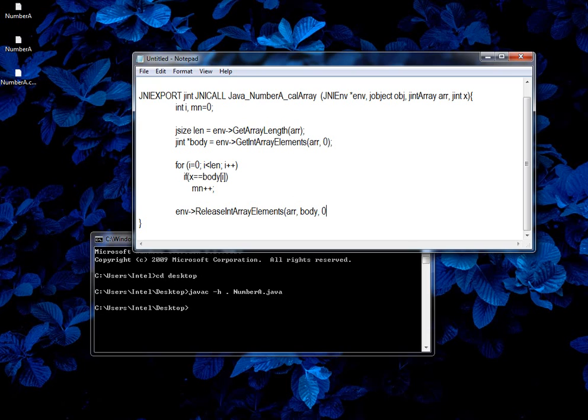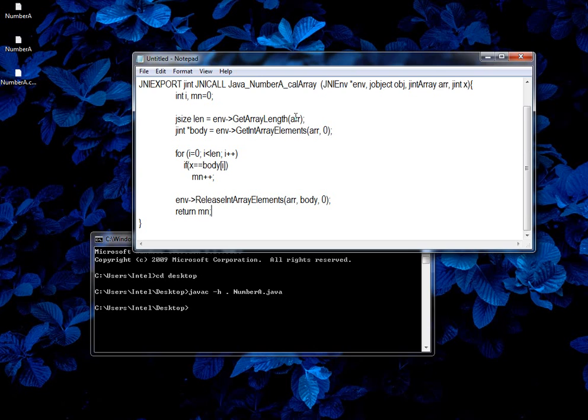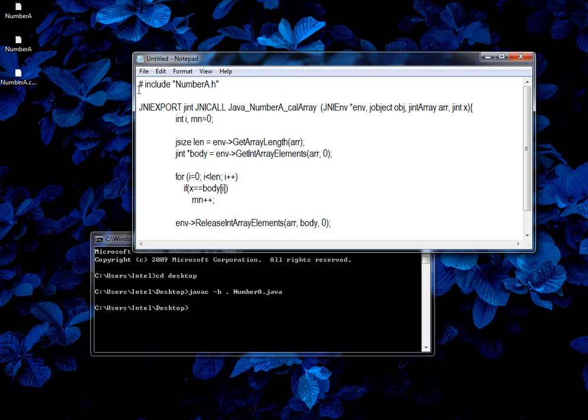Also the 0. Okay, then now you can return. So what to return? Return the variable that stores the number of 22 occurrences, so how many times the 22 occurs in the array. So save it as